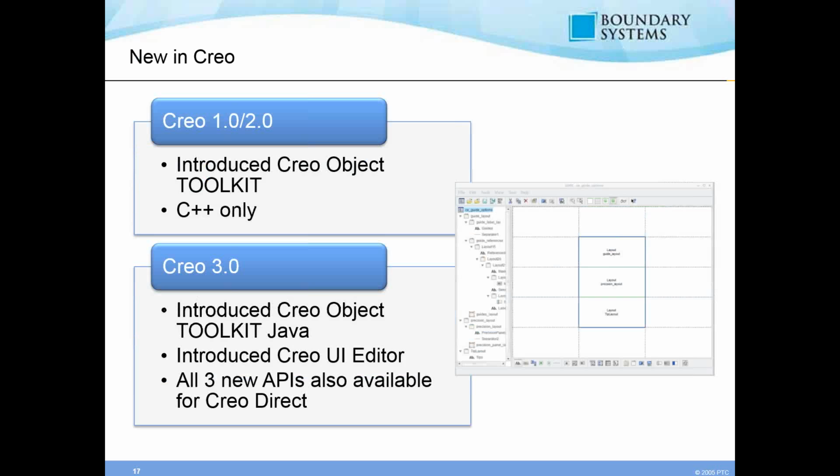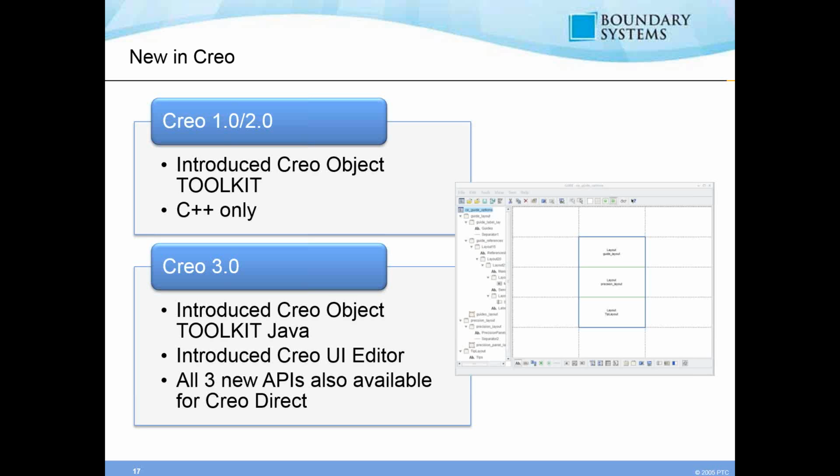So PTC, starting with Creo 1.0, introduced some of these additional APIs. And so in Creo 1.0 and also 2.0, PTC introduced the Creo Object Toolkit. At the time, that's all it was called. And C++ was the language that it used. And the idea was that it provided, at the time, most of the functionality of the old Toolkit API. Not necessarily all of it yet, but that is the goal,